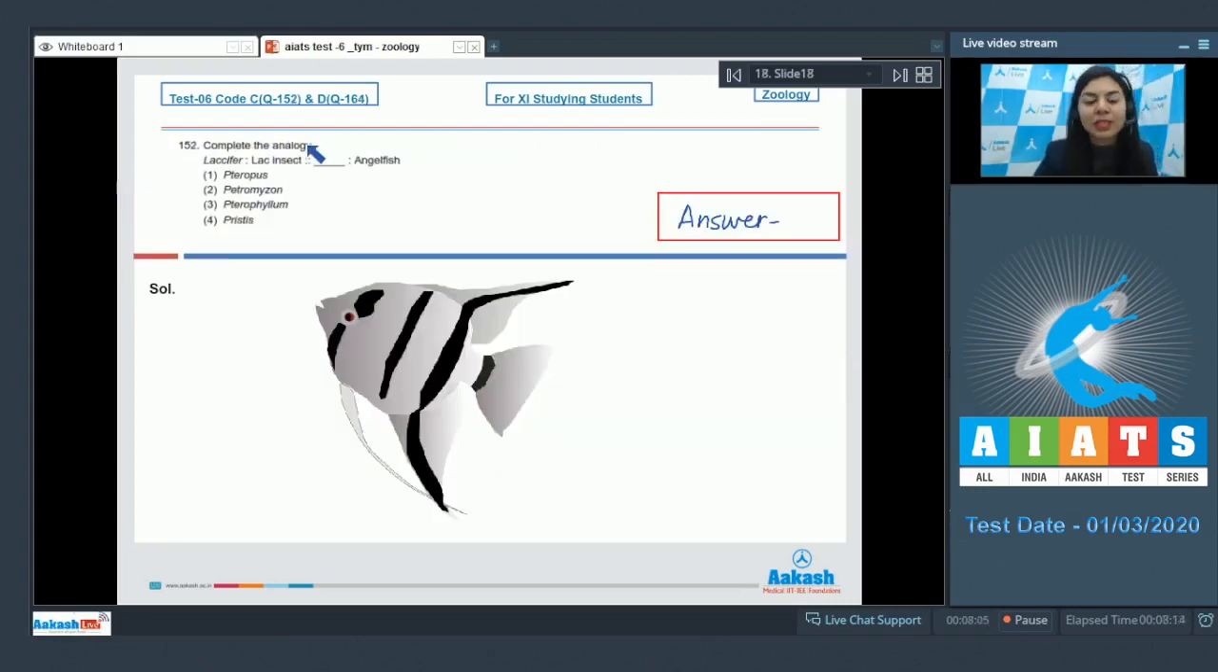Question 152. Complete the analogy. If Lassifer is to lac insect, then what is this to angelfish? Pteropus, Petromyzon, Pterophyllum, Pristis. Let's go over the options one by one. Pteropus is flying fox, also known as flying mammal, and it belongs to class Mammalia and is not a fish. Option 2, Petromyzon, also known as lamprey, belongs to class Cyclostomata